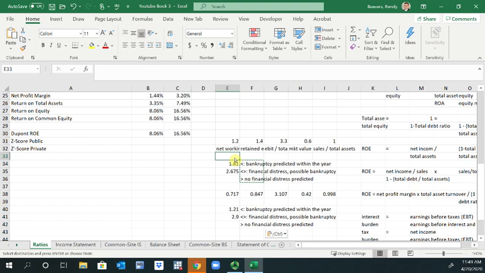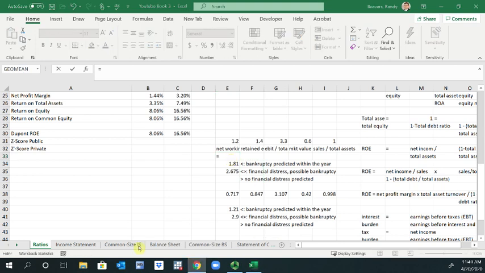So our final step is we need to calculate each of these ratios and then send them over here for the Z-score, to see where Elvis stands. So go ahead and begin that process here. For net working capital over total assets, that is going to be equal to, so we're going to go to the balance sheet,